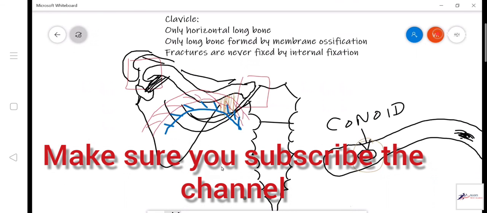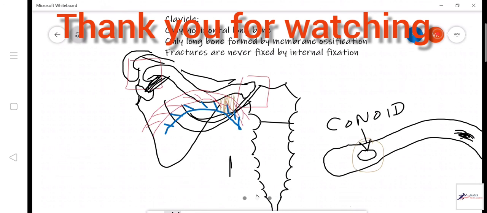So this is about the clavicle, what you have to know about the clavicle. Then we go on to the next bone of the upper limb. The next bone of the upper limb